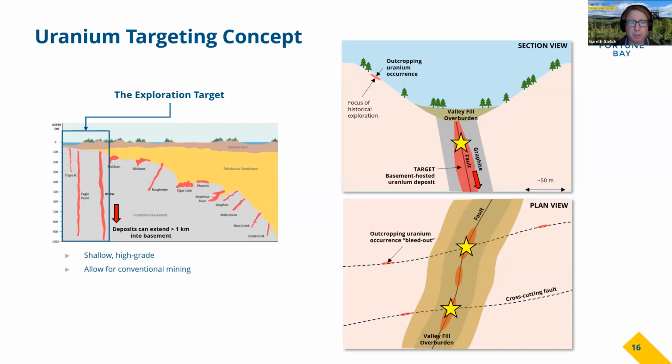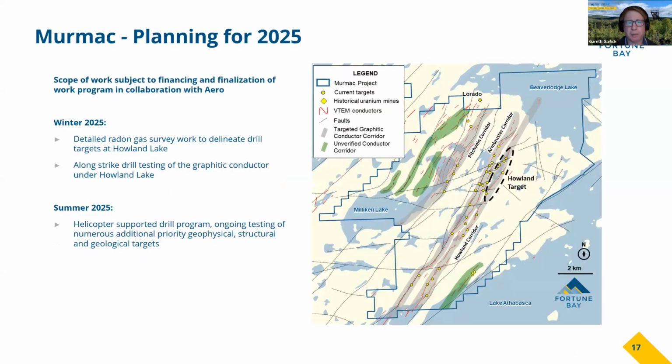And moving on to that on the next slide, in terms of plans for 2025, of course, anything we end up doing is subject to the fundraising that Dale mentioned and finalizing an exact scope of work in collaboration with Aero. But at the moment, we are planning on doing a radon gas survey in Howland Lake early in winter. And then we'll use the results of that to position step-out holes along that conductor unit. There's about 1 kilometer of completely untested conductor under that shallow Howland Lake, and we'd like to properly test the along strike extents of that in both directions along strike with